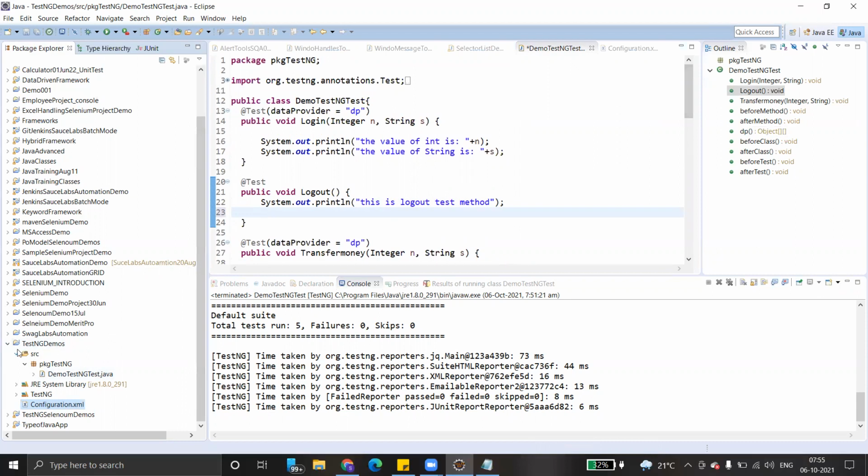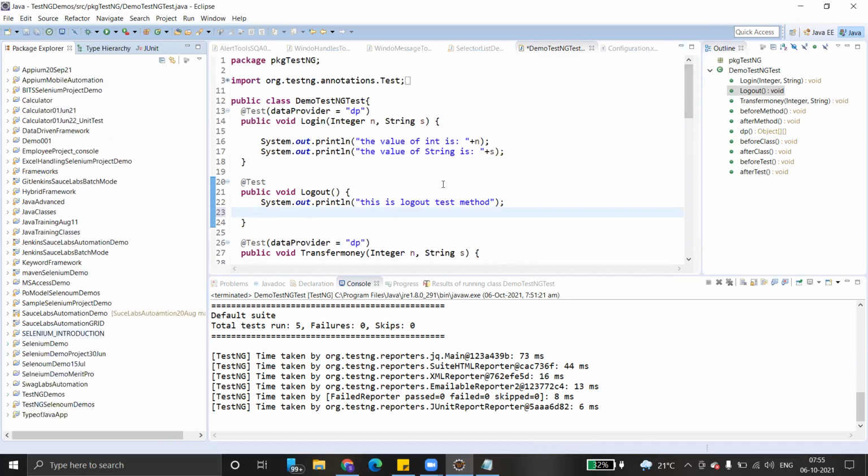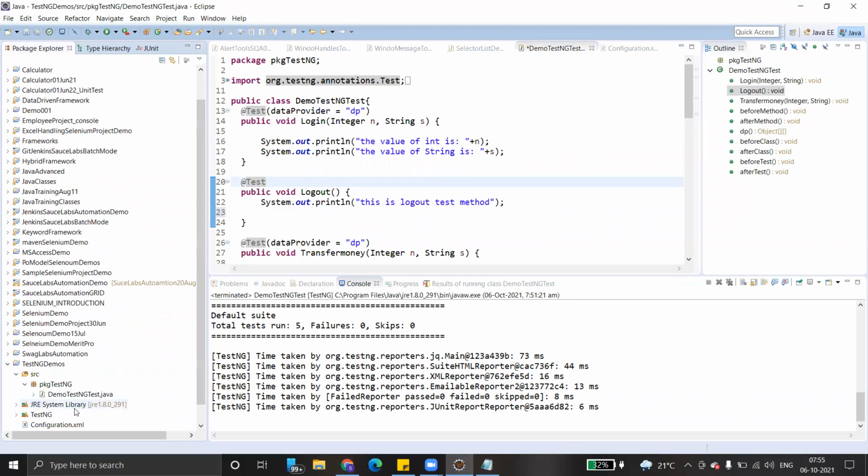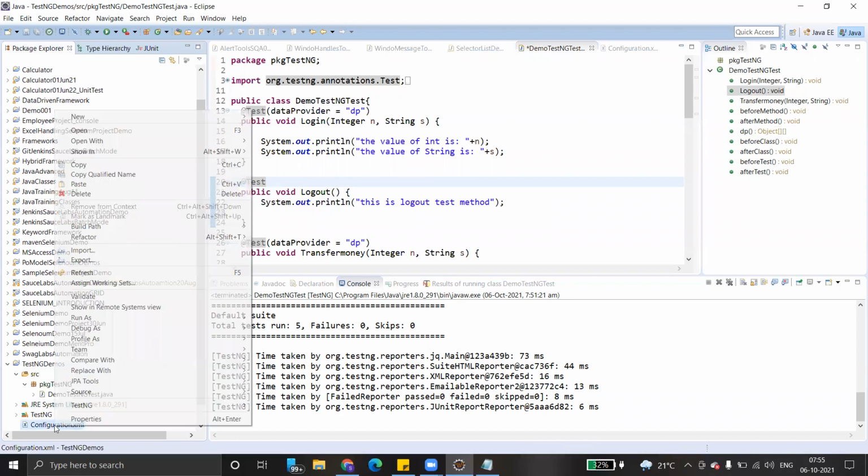Maybe a proper integration test with TestNG, because it is now separate, right? Yes, it's separate. They have integrated using the config.xml file, and if you want to run, you no need to go and run the script. You can directly go to the config.xml file and just run it.